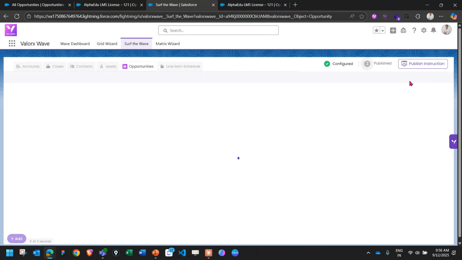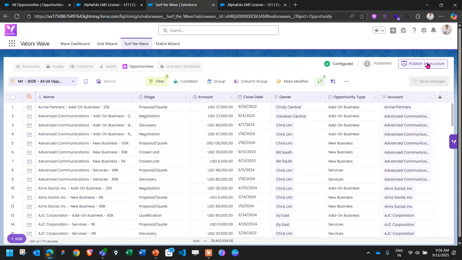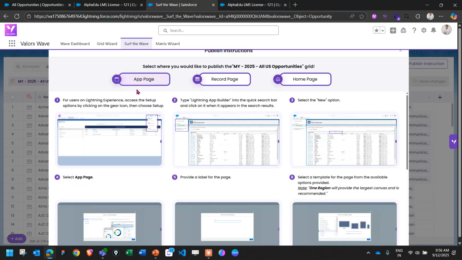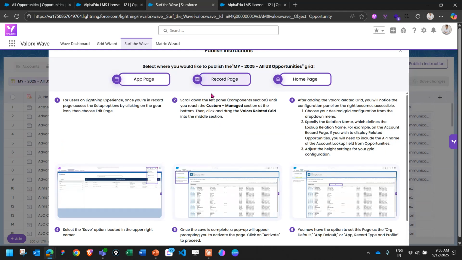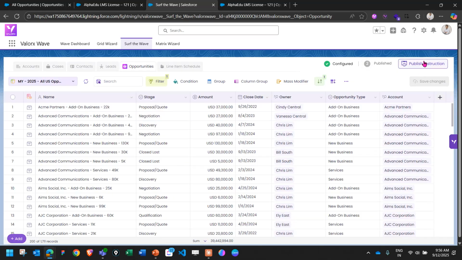And you can also publish this particular grid within the sales app. So there is also a publishing wizard, and you get a set of instructions wherein you want to publish it in a particular app, or you want to publish it at a record level, or at a home page, right? So these are some of the out of the box instructions which you can do in like minutes, right? So this is the power of Wave Embedded, specifically for the opportunity management, and doing mass updates and bulk updates,